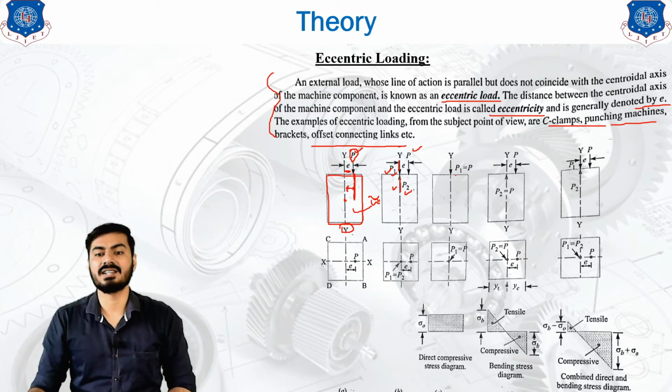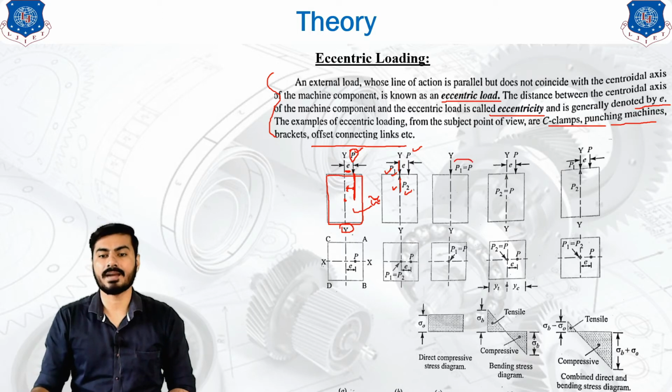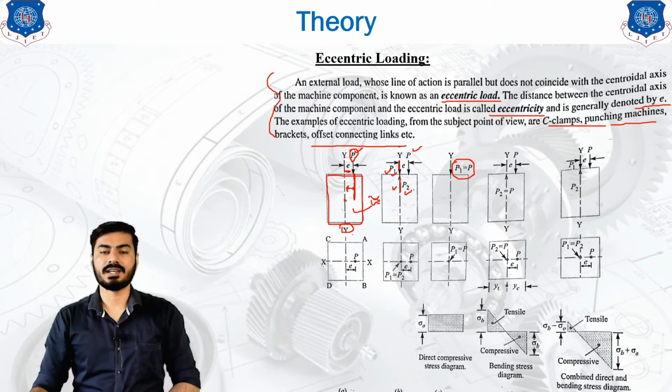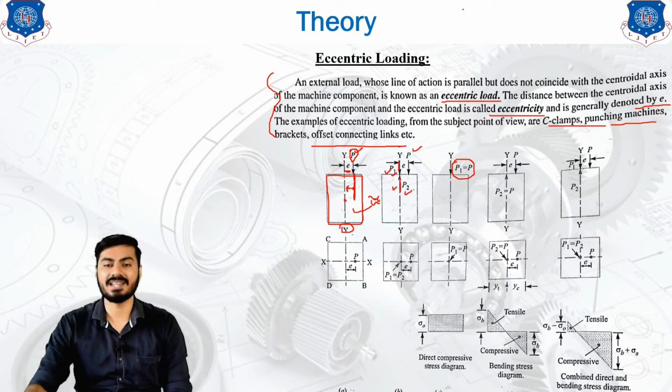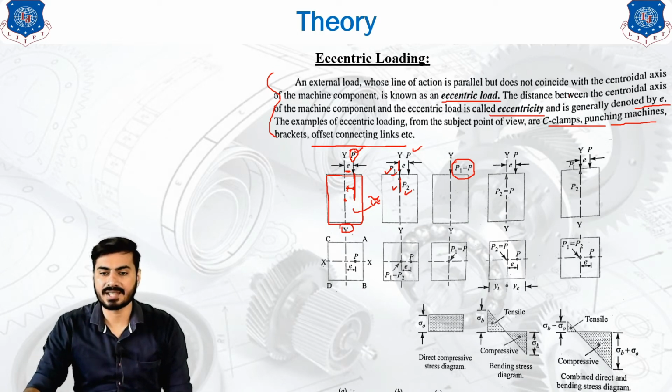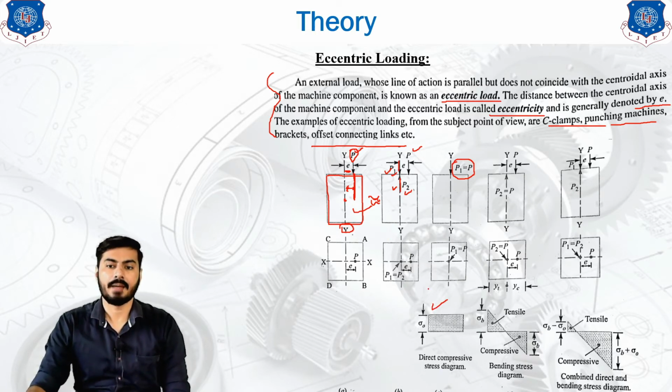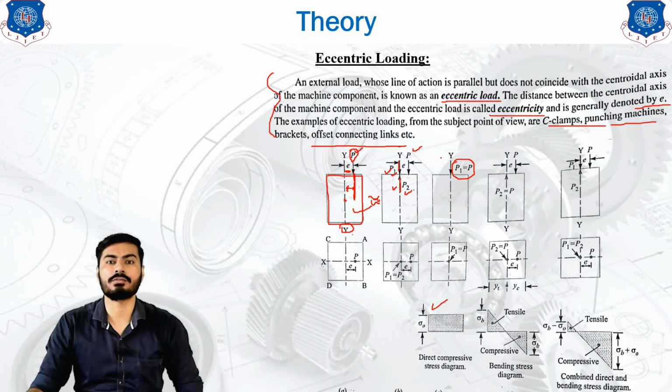So first we are considering only one force that is applied axially, that is P1 equals P. This P1 is applied axially, and we know the effect of axial loading. Axial load will create normal stress in the body, and the normal stress is represented by sigma, as shown in this diagram. But as you can see, this diagram contains a force of compressive nature.